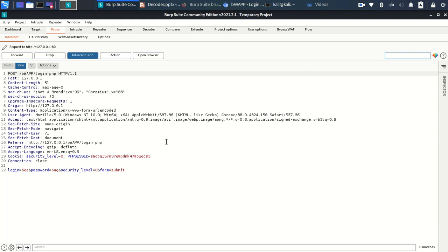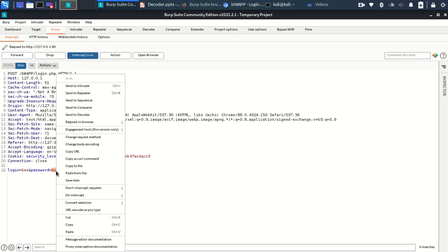Okay. Now this is generally an HTTP request. Now suppose our password is encoded with base64 encoding. Say it may look like this.